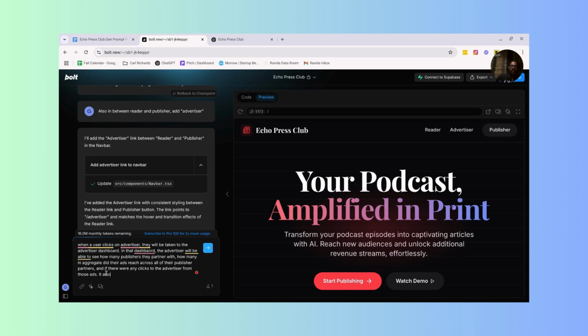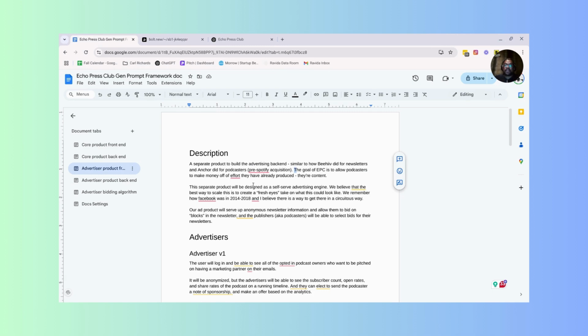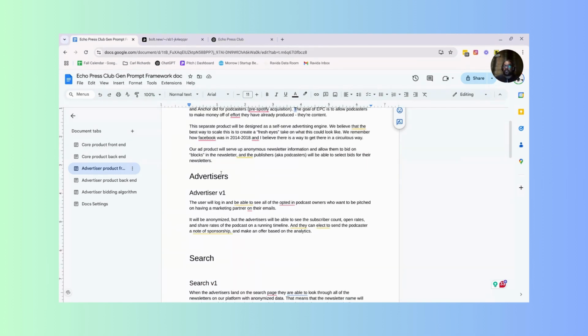It also might show up incoming publishers that are in the advertiser's niche or target categories. Okay, I just vibe coded that because I knew kind of what it would need from a product standpoint, but